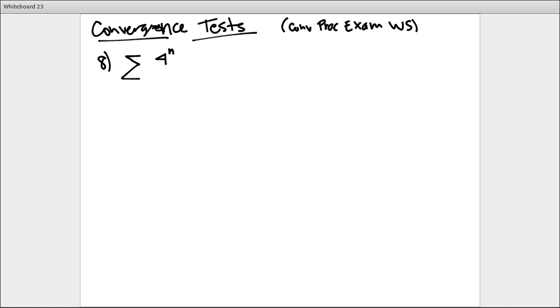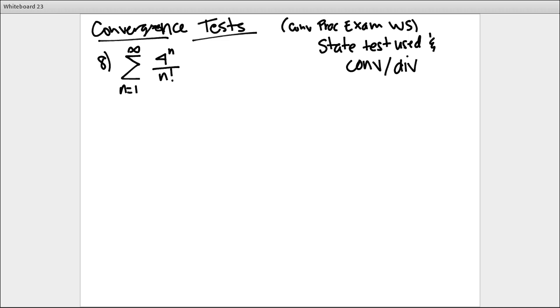Okay, so let's do number 8 on that worksheet. And we want to say, does 4 to the nth power over n factorial converge or diverge? And so you're going to have to state the test you use, right? State the test, and then say converge or diverge. Okay, so you got an n factorial there, which is perfect for the ratio test. So I'm going to use the ratio test,